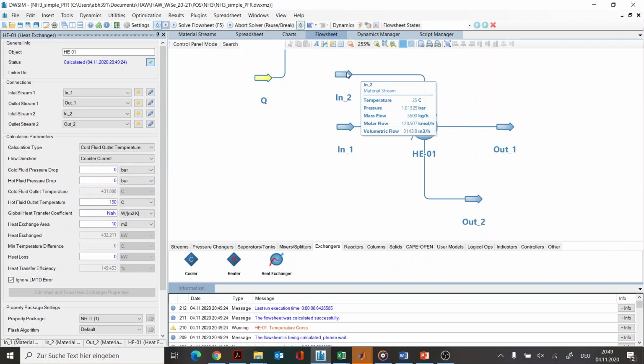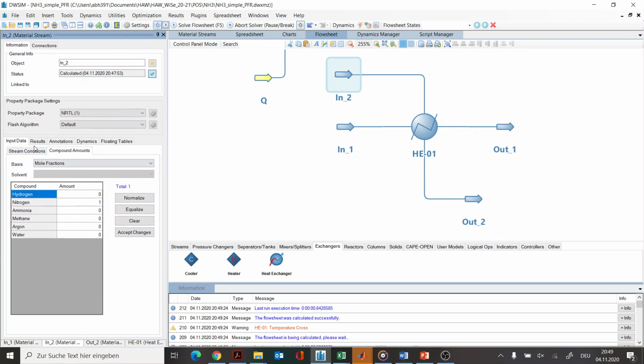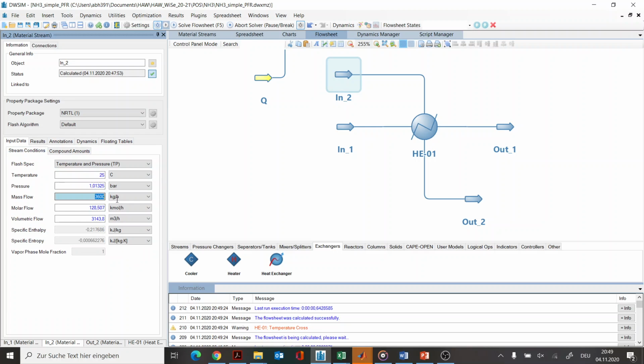Okay, now we have a temperature cross because the heat capacities are so different. That's why I just have to, let's say here, how much? Let's say 10,000 kilograms per hour whatsoever. Okay, now it seems to work. At least you get a warning when you are doing something that is not allowed. If you have a temperature cross, then at least you get a warning. But yeah. Okay, so with this, you can say 300 degrees in, 150 degrees out, and then you will see,